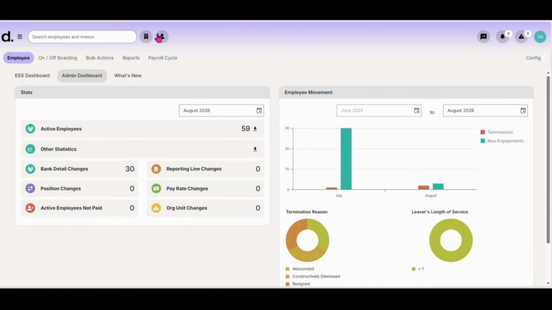Now, let's have a look at how we can make this process more efficient using bulk actions. On the bulk action screen, you have two methods to bulk processing. You can do it on the screen or on a template. On the screen, you can delete or add any payslip actions. I'm going to add overtime by selecting my employee,